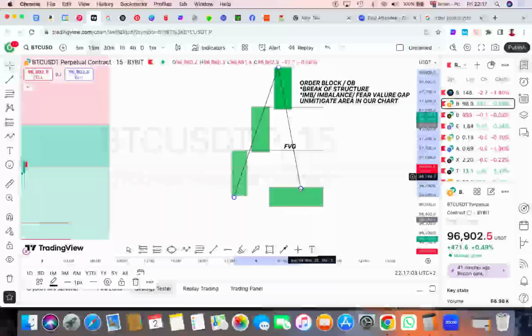Probably the retail traders, right? They put their stop loss at exact spots, and they come and take liquidity there. So this is why we call it smart money. This is what we refer to as smart money, and there are institutional orders that are being filled in those areas.